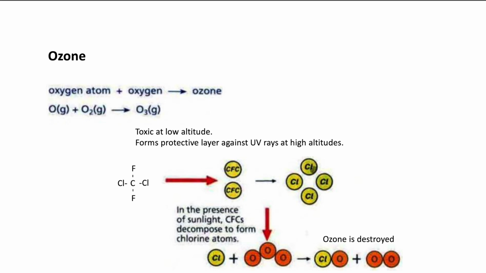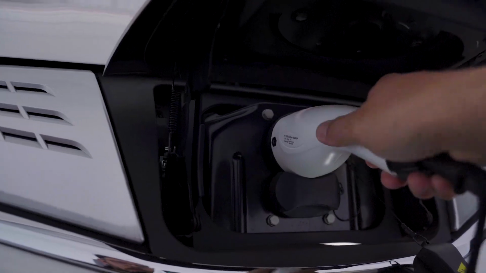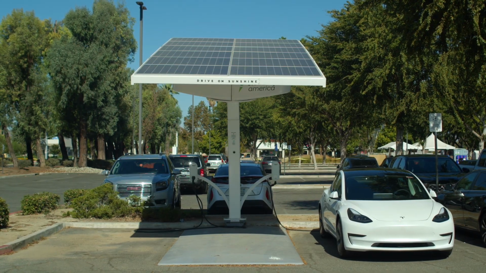Therefore, the harmful ultraviolet rays from the sun are able to enter the earth. So since then, many countries have already banned the use of CFCs. So talking about the reduction of air pollution, other than policies on fuel types and the technological advancement for cars